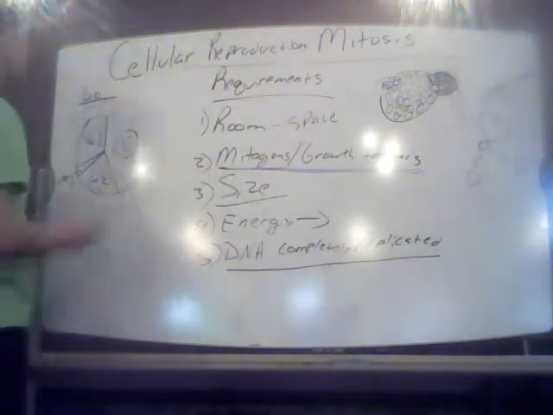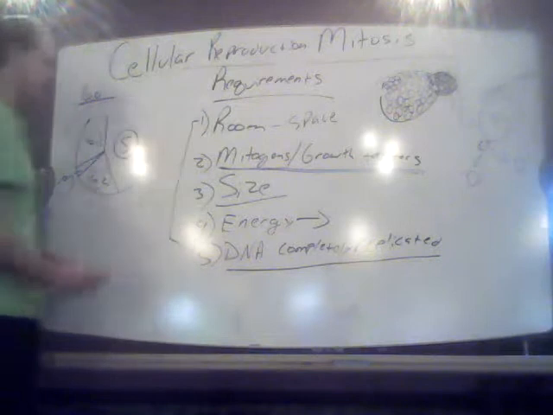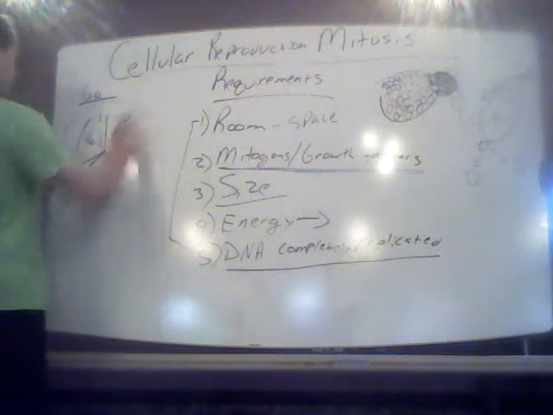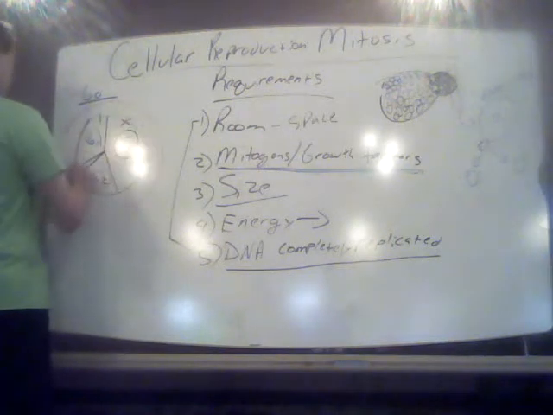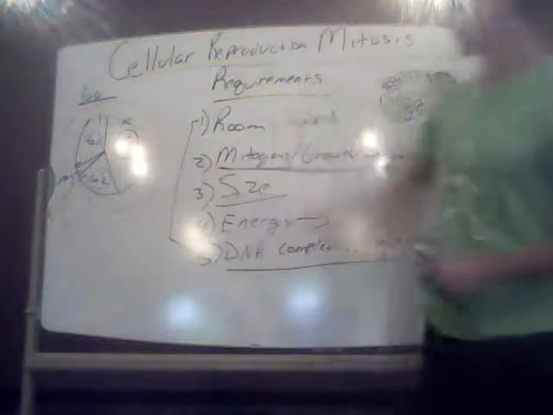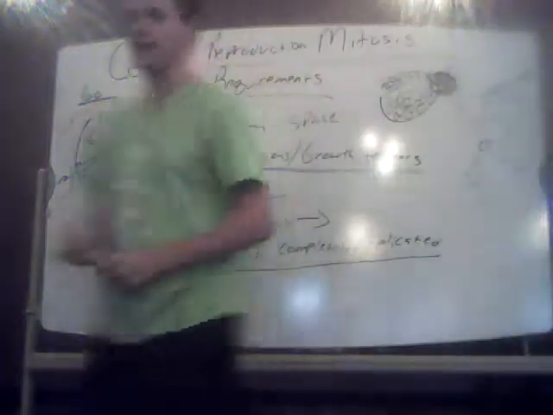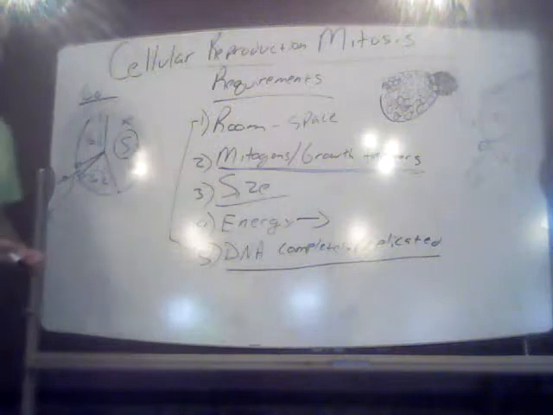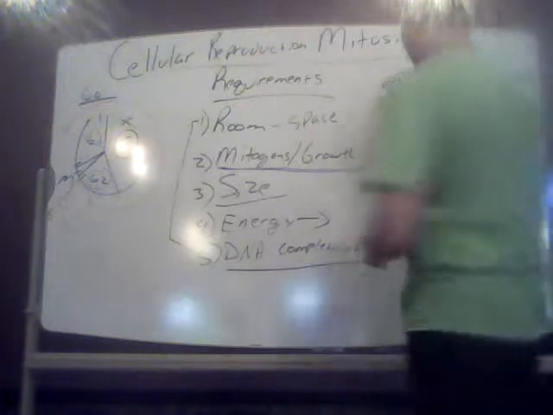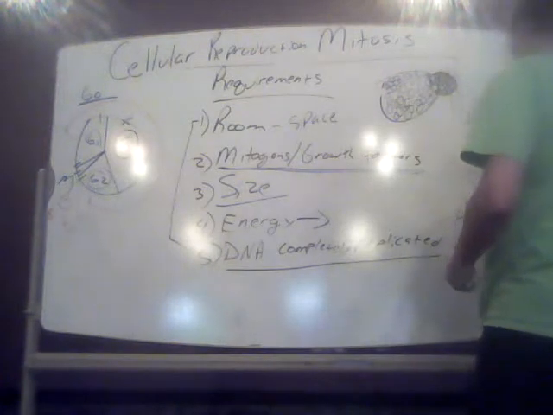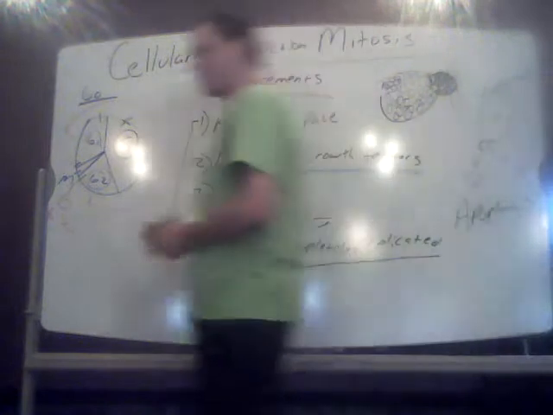And like I said, if any of these factors are taken away or something goes wrong with these, then there are certain regulatory switches that basically will make the cell cycle shut down. And it will force the cell to go into what we call gap zero, kind of a hibernation of cellular activity until whatever the problem is fixed. Sometimes it doesn't always get fixed, and the cell undergoes a process called apoptosis. Second P is silent. But basically that's programmed cell suicide.